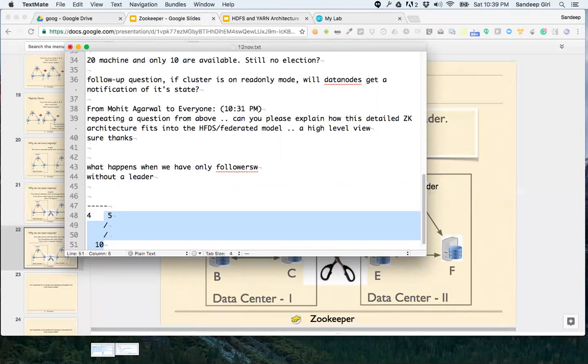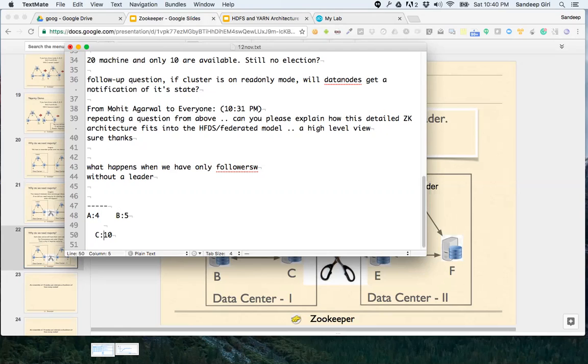They will have an election. Now again, let's say this got disrupted. So now there are 3 islands. All the 3 data centers are now disconnected. Now what will happen? Can somebody tell me? Data center A has 4 nodes, data center B has 5 nodes, data center C has 10 nodes.